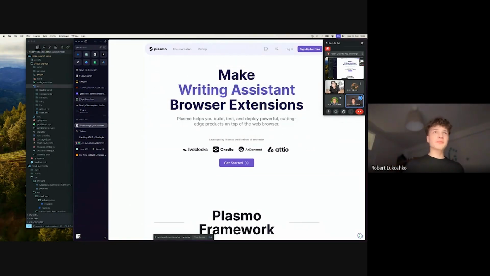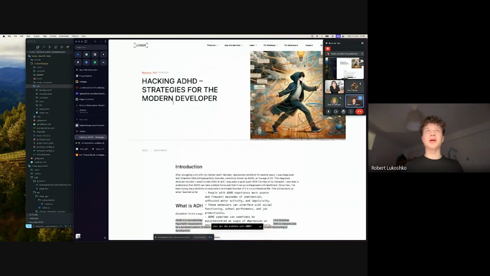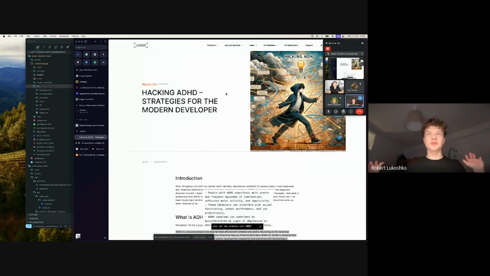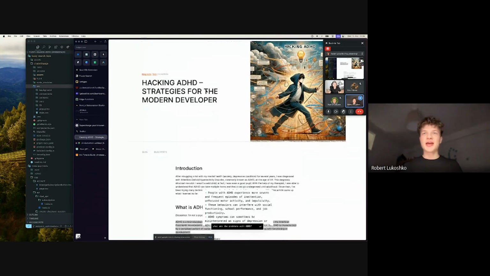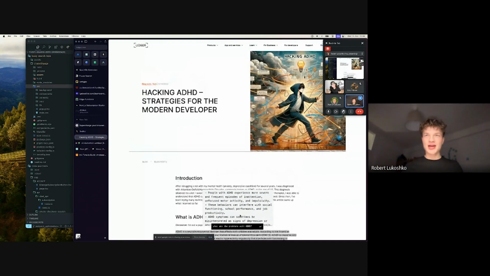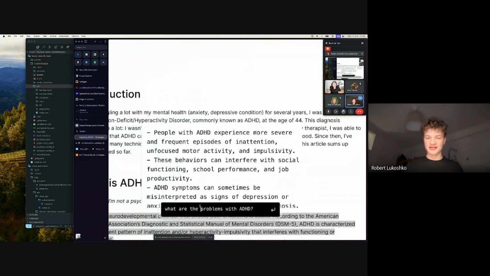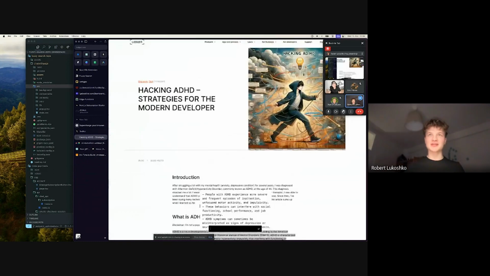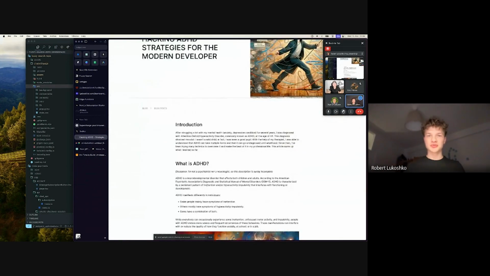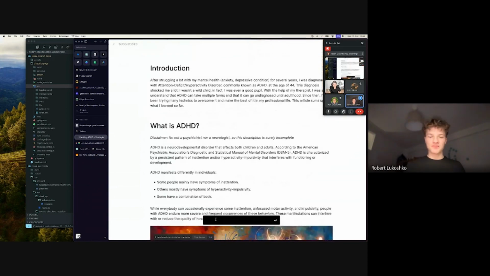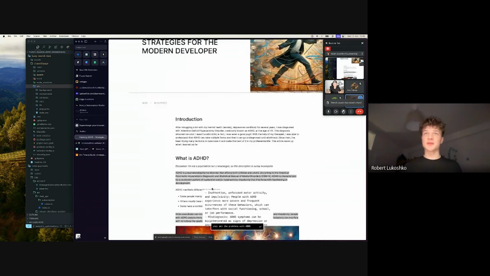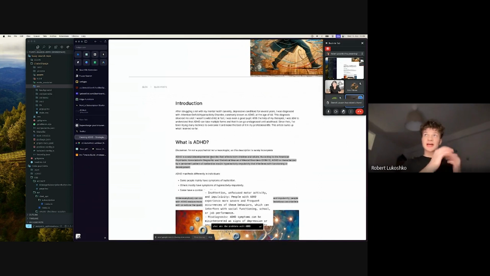Let me just share how it works. Let's say I'm on a page, a random page I opened a few minutes ago from Hacker News. Here I can trigger a shortcut on my page, and it prompts me for a question. Wait, wrong shortcut. Yeah, it appears at the bottom, and now I can ask, what are the problems with ADHD? After this happens, the page gets indexed in the background. So each of the, yeah, I think someone has a question.